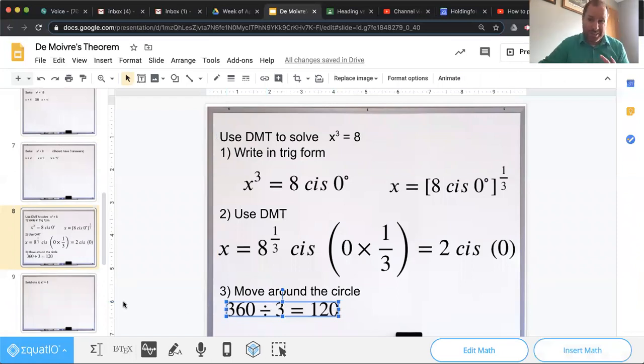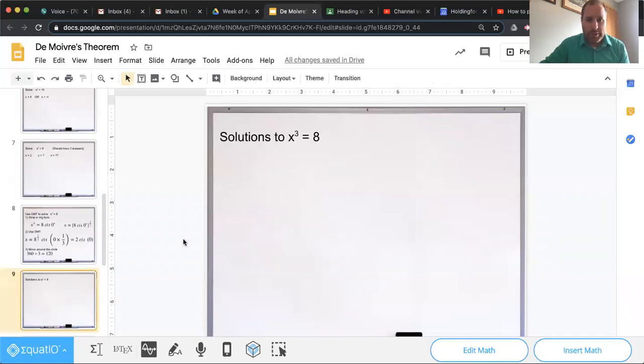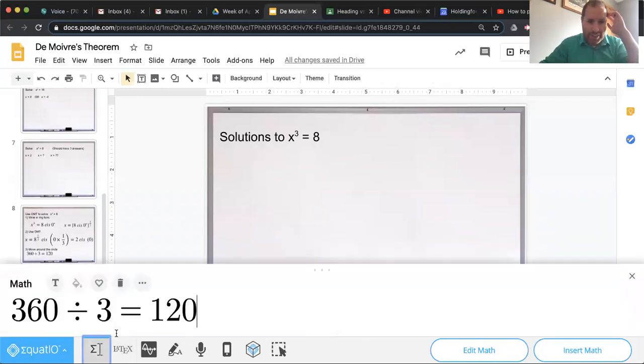Yeah, degrees, right? So what that would mean is we take this trig form and we continue to move around. So we're at 0 degrees. The next answer is going to be 120 more degrees than that, and then 120 more degrees than that. And then if we do 120 more, we're all the way back around at 360, or the same as 0, right? So the solutions to this, how we would get them, we would say,